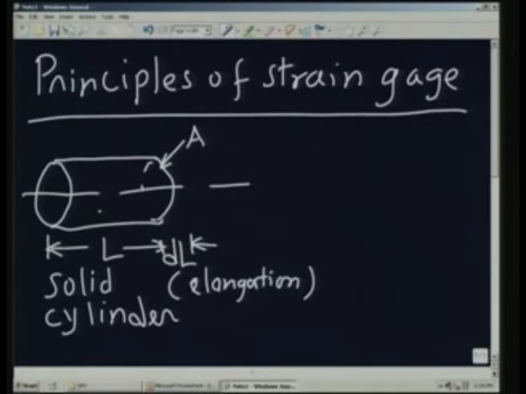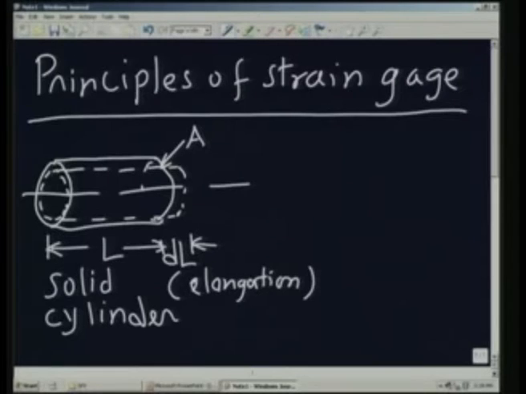So, what will happen when you have an elongation in this direction is that in the lateral direction it is going to undergo a change in dimension. Actually, it is going to reduce in size. In most materials it is going to reduce in size. There are exceptional cases where the size actually increases in the other direction. We are not interested in that. What we are interested in finding out is what happens in the case of a material which is going to undergo a change as shown here.